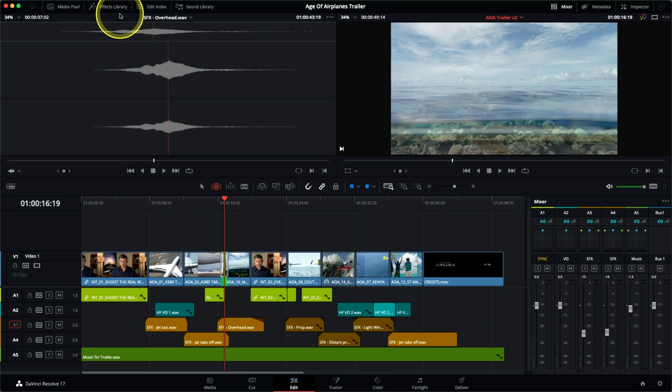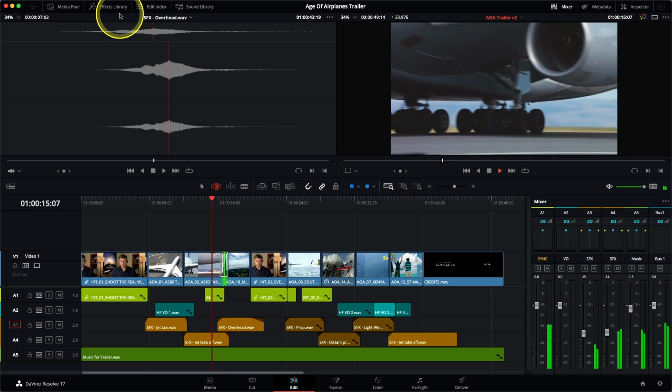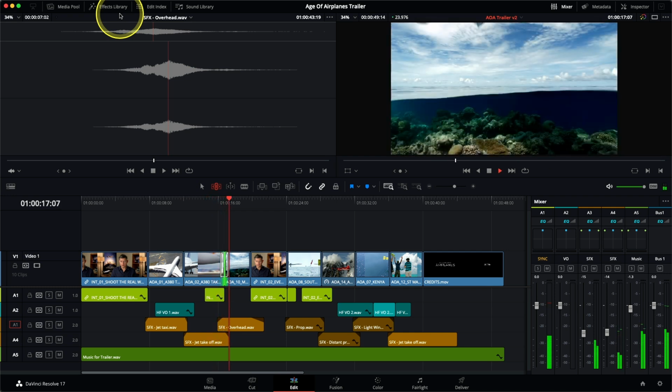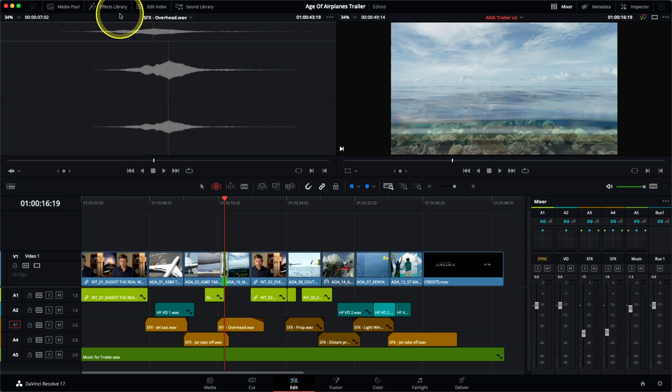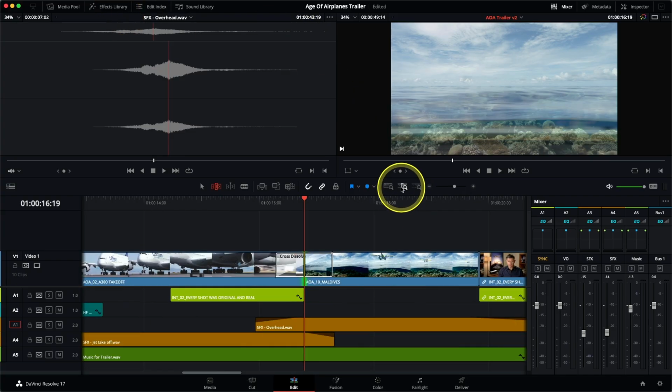Let's just preview that with the / key again. And that simple fade usually indicates to the audience that some change is there, usually a change of time or a change of location. Let's just zoom in on that transition a little bit as well,